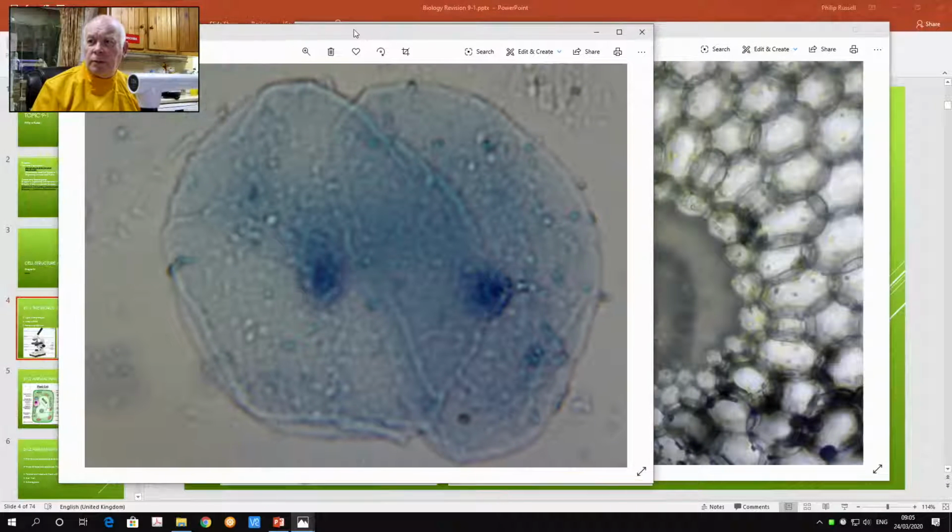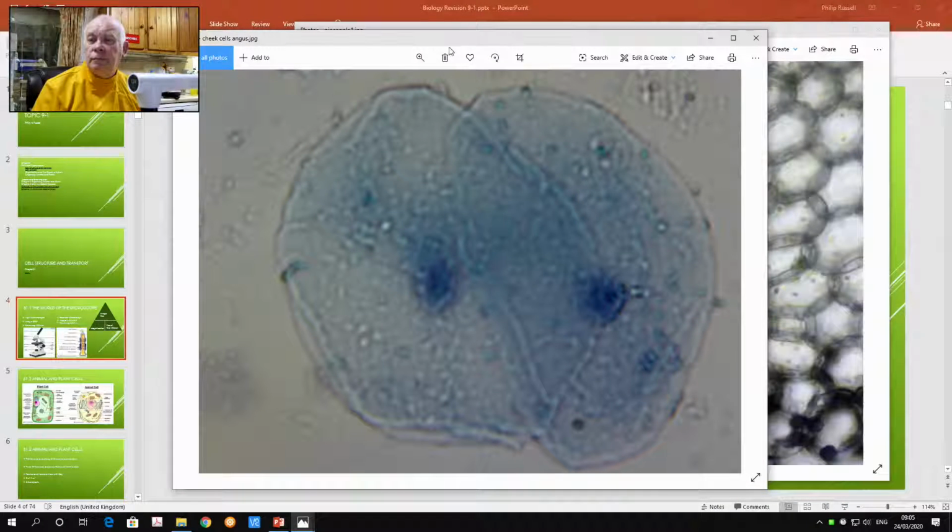We can also have a look at one of the favorite experiments, I suppose, which is to look at a cheek cell. This is a cheek cell of one of my students, having taken a swab and put it in a dye, methylene blue, for a little while. We've looked under reasonably high power here, about 800 times magnification, and we can see one cell, and there's several cells here. There's another one there. We can see the nucleus,